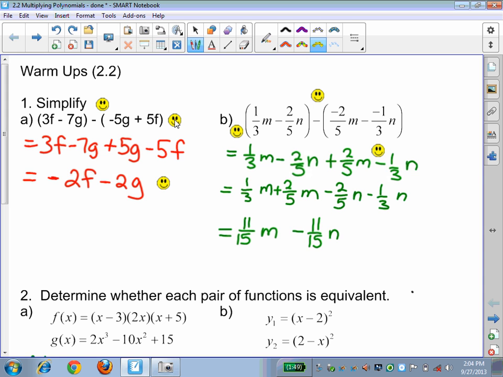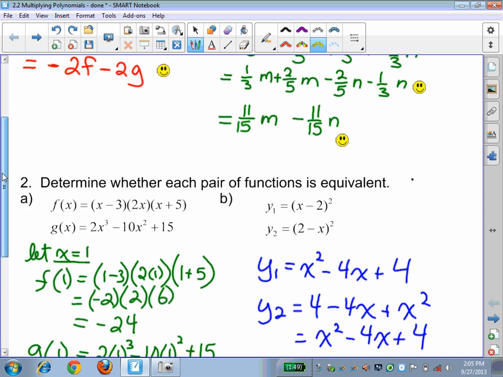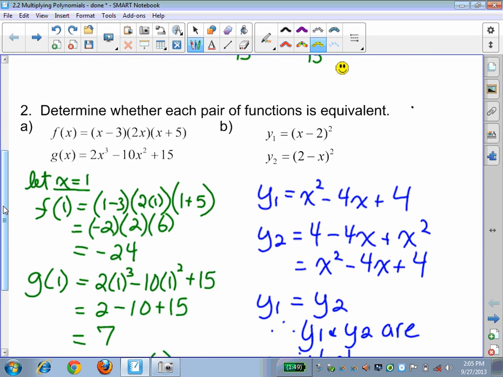Once you've removed your brackets, you can then go to collect like terms, and when you try to collect like terms in this case, you've got to get a lowest common denominator in order to simplify each term for the final example. Taking a look at question 2, ladies and gentlemen, we need to determine whether each pair of functions